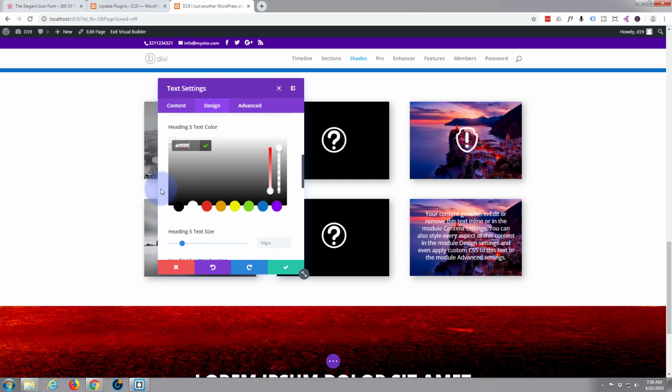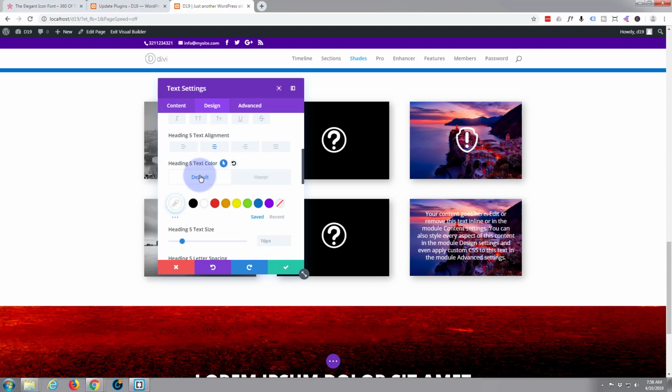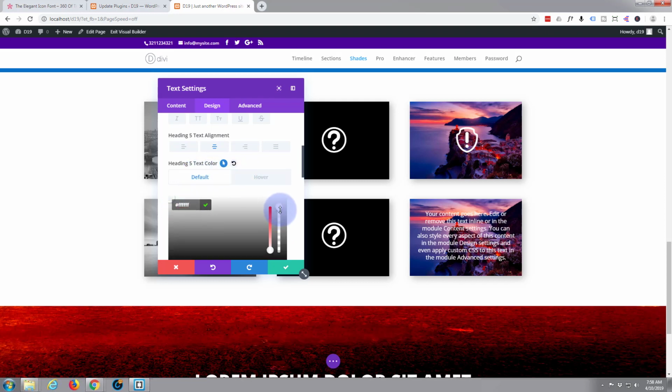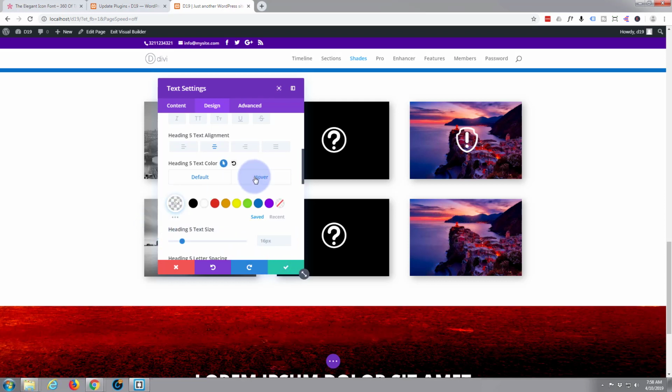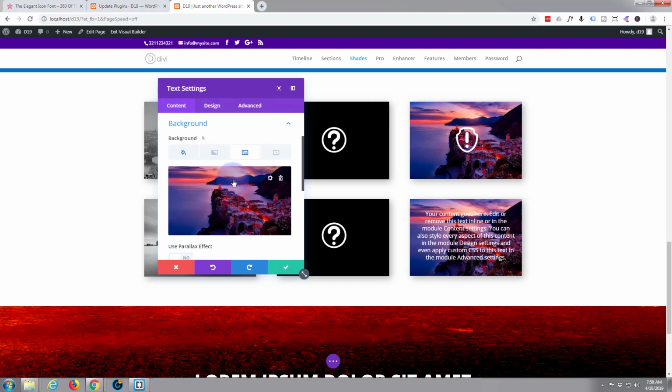Okay, so in the default state, I don't want to see it at all. So if I take this opacity down, again, we've got to go heading 5, text color, little arrow. Got a default state and a hover state. Default state, I want to take the opacity down to 0, this little slider to the right. So that makes the writing disappear. Then on the hover state, I want to take that opacity right the way back up. Fantastic. And if we go to background here,